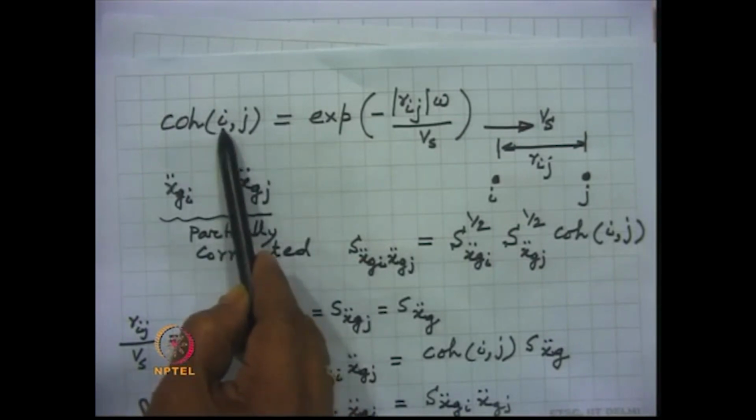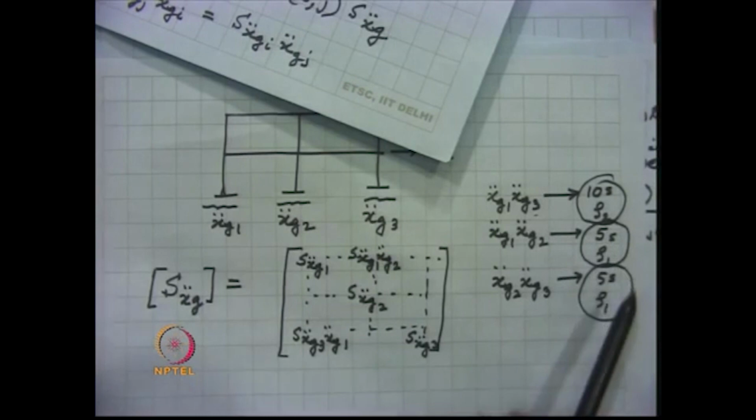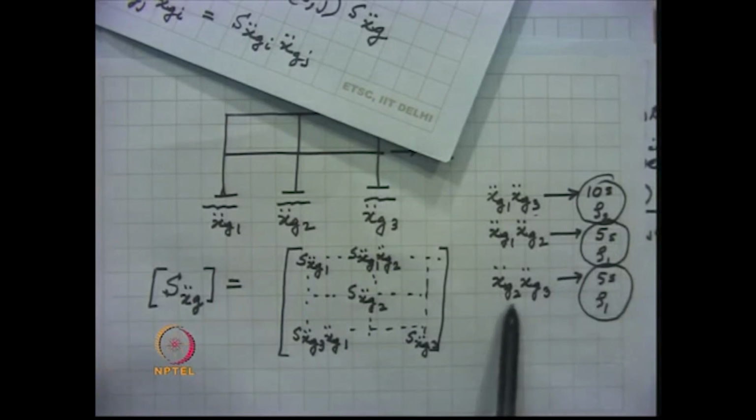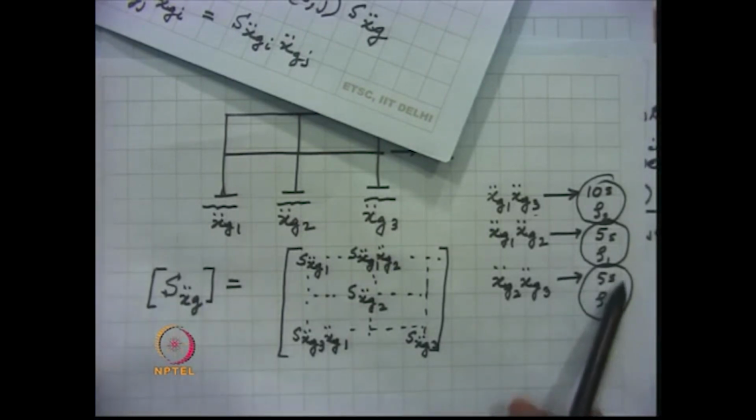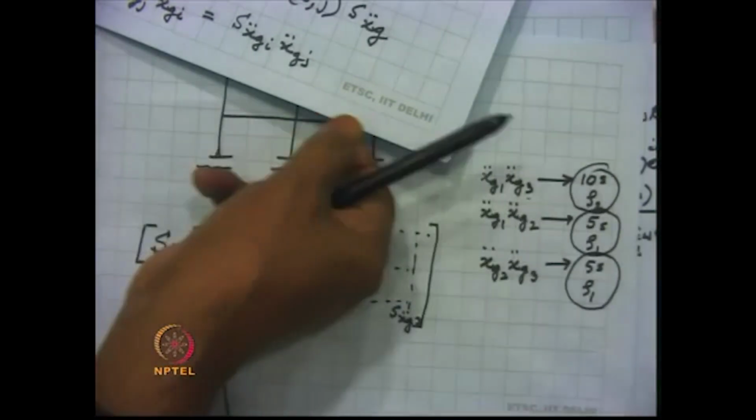Similarly, between the support 1 and 2, you will have 5 seconds, that means Rij by Vs will be replaced by 5 seconds, and it will be again 5 seconds. So, one can construct the matrix